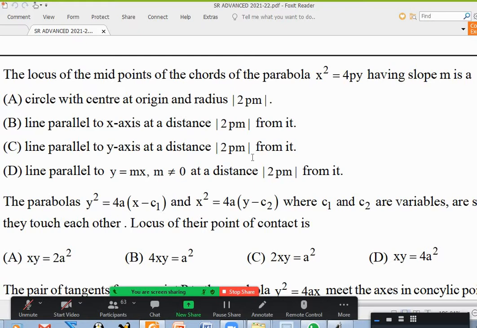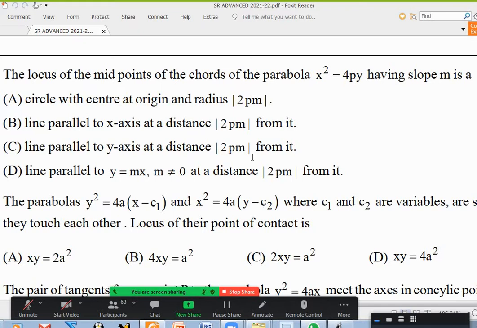Basically, the question is very simple. There are a lot of parallel chords with slope m. What is the locus of the midpoint? Take this point as x1 comma y1. For the equation of the chord, if you know the midpoint, T equal to S1. And your S is y square minus 4ax. So T is y y1 minus 2a x plus x1, and S1 is y1 square minus 4a x1. Now, to simplify this, we got a line and its slope should be equal to m. So, what is the slope of this?